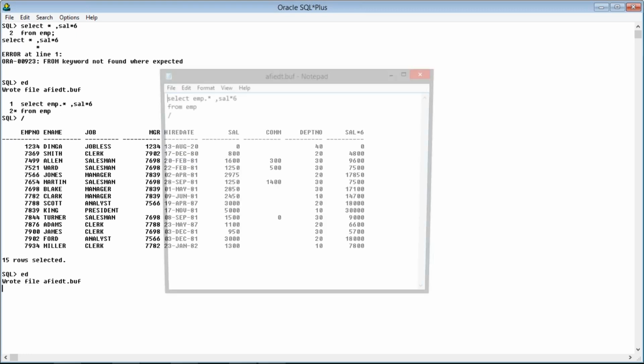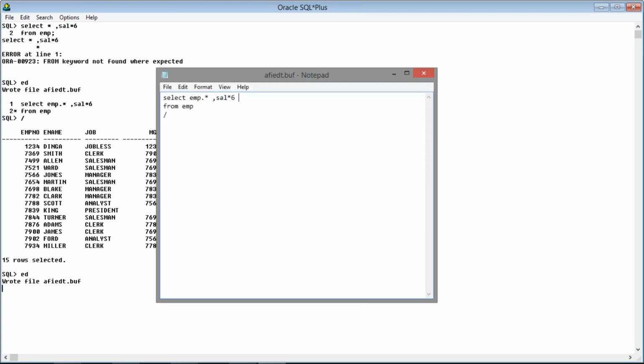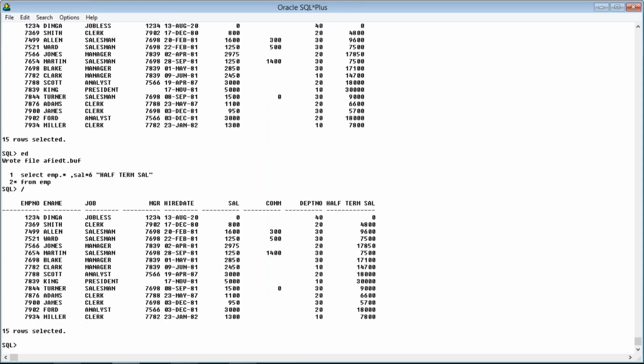So better guys, here also perform aliasing as half term salary. So this is the query, guys. You have to